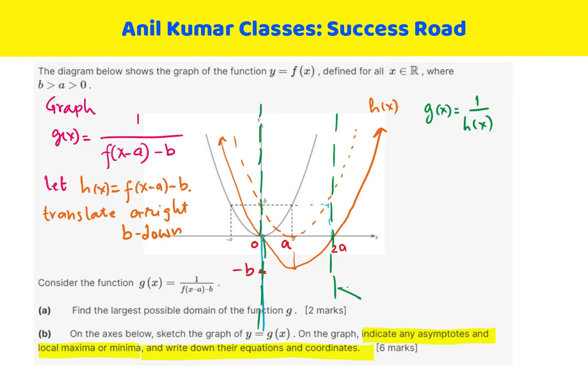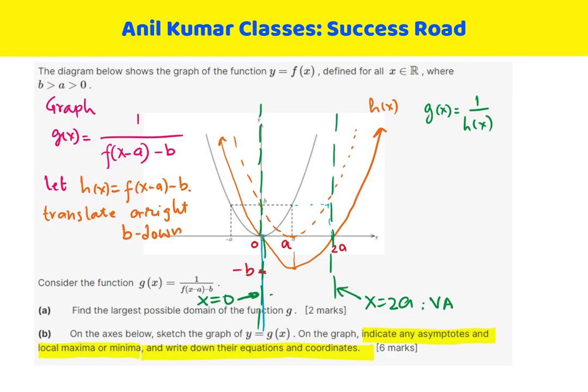So this is x equals 2a, a vertical asymptote. And here also, we have a vertical asymptote, which is x equals 0. Get the idea, right? Now the